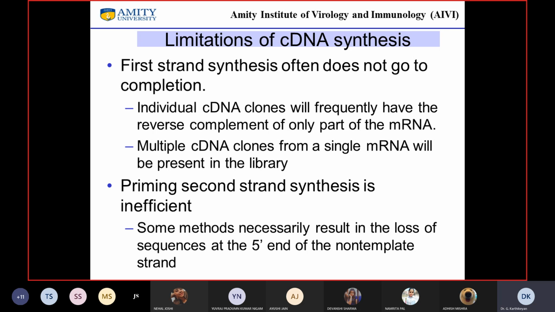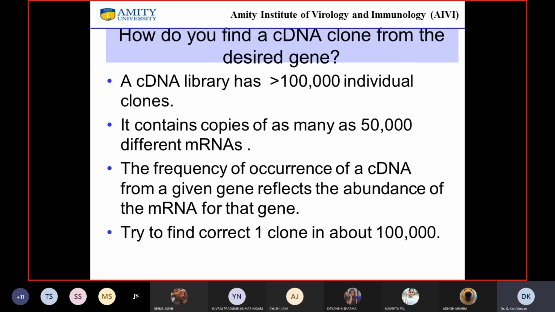And the second thing is that priming of the second strand is invariably a highly inefficient process. Unfortunately, some methods result in the loss of sequence at the 5' end, so it becomes very difficult to use a primer to synthesize your second strand. But people have been smart enough, right?